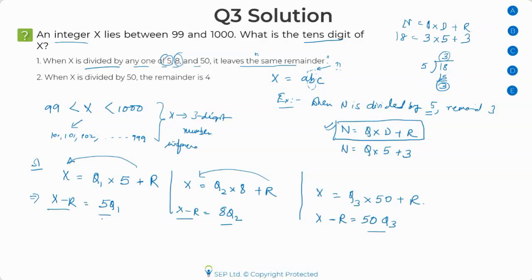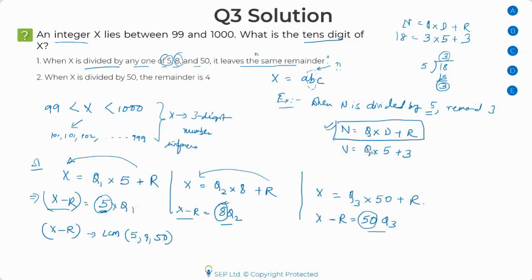So let me come to this part. Now, what is the meaning of this? The meaning of this, and this is how we need to infer, is that x minus r is a multiple of 5, multiple of 8, multiple of 50. When I say 5q1, what does that mean? Multiple of 5. So the inference that I can draw is that if x minus r is a multiple of 5, 8, and 50, then x minus r has to be a multiple of, and remember in the previous webinar I talked about multiples. If you see the words multiple of 3 numbers, you can take the LCM. If a particular number is a multiple of all 3, then I can find out the smallest number of which it would be a multiple.